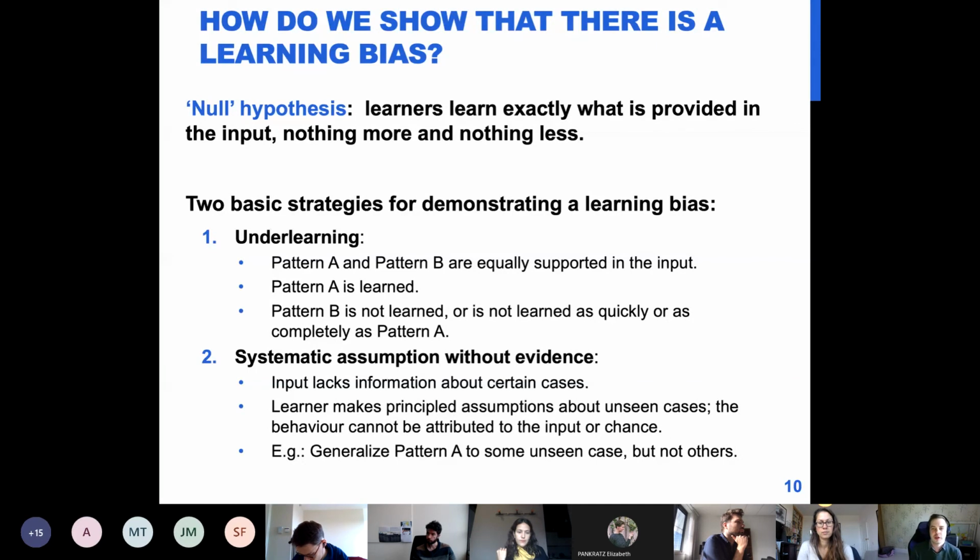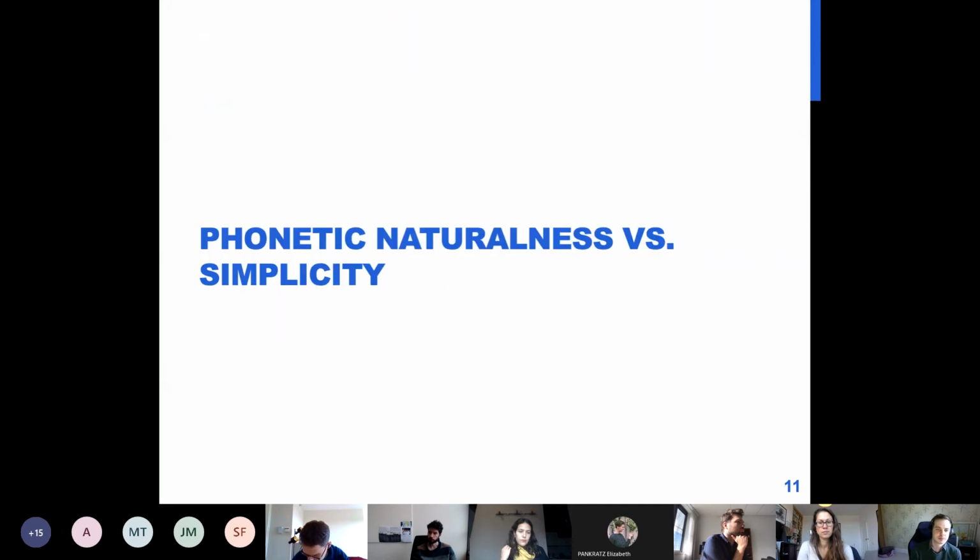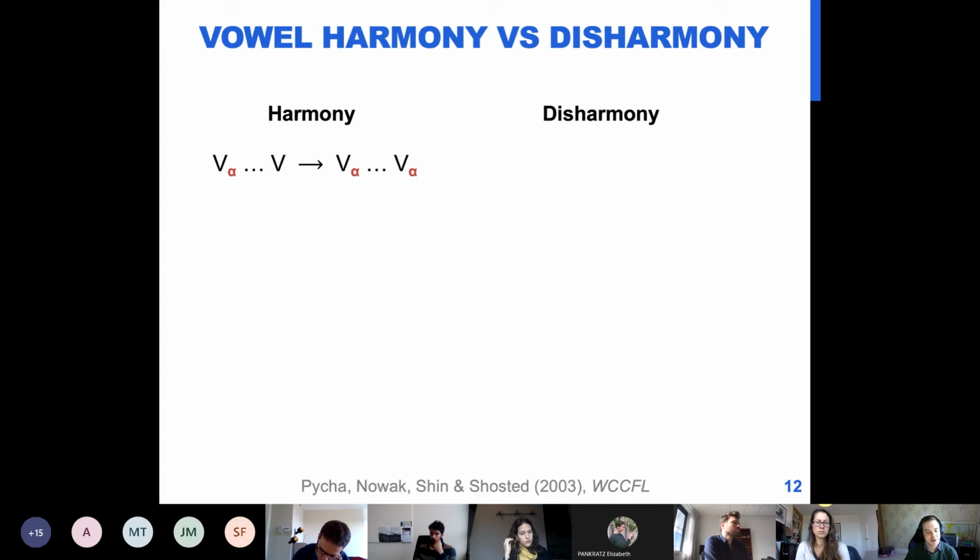So that's a bit of an introduction. The first thing I want to talk about here is two biases that have been studied very extensively, at least in the phonology literature. This is comparing phonetic naturalness and simplicity. This is something that Alex actually touched on. I'm going to also start with talking about vowel harmony,